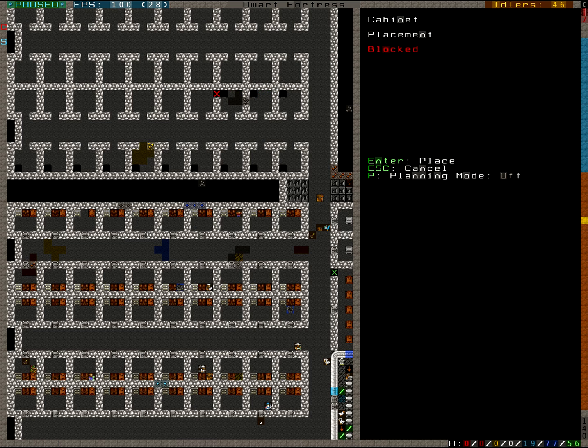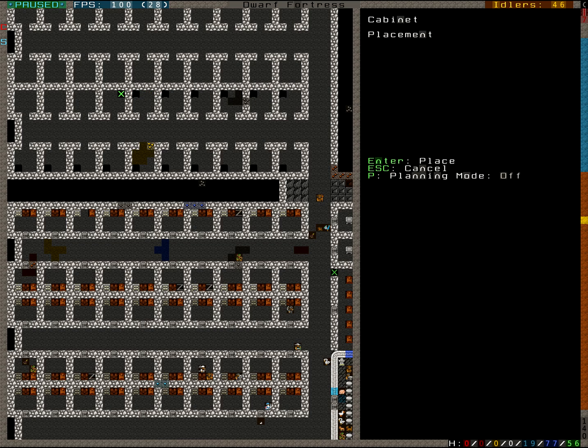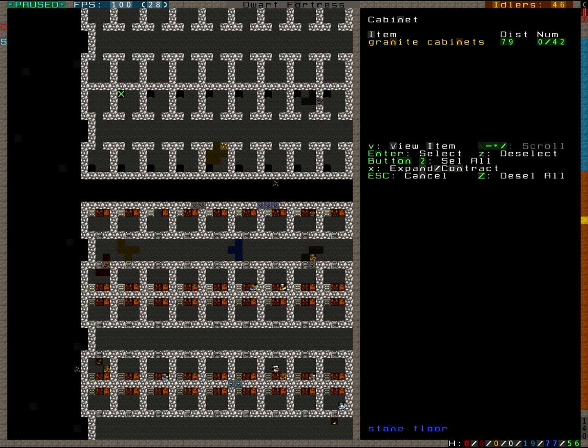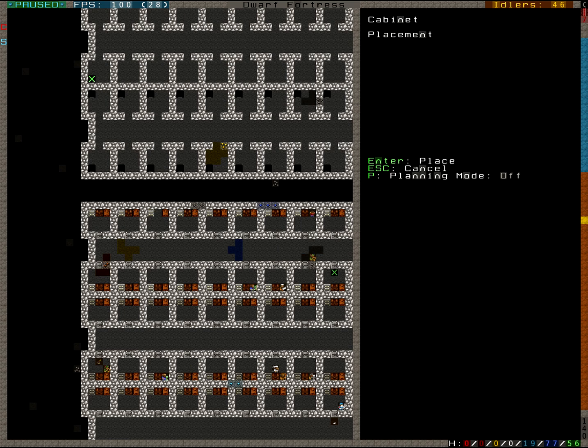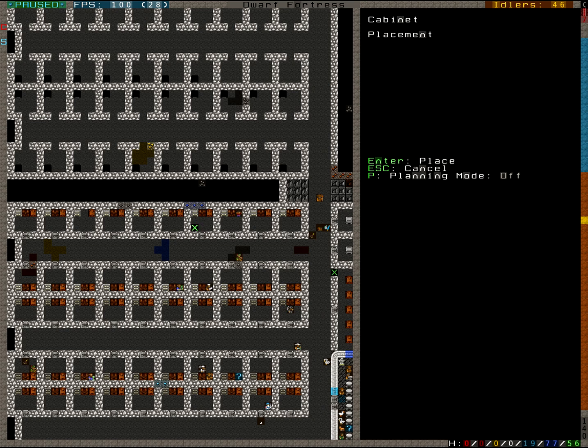On the bright side, this will actually be hauled in pretty quick, because as you see there in the top right corner, we have 46 people doing pretty much nothing. And those will be more than happy to carry around all the furniture we tell them to. Just need to check how much...